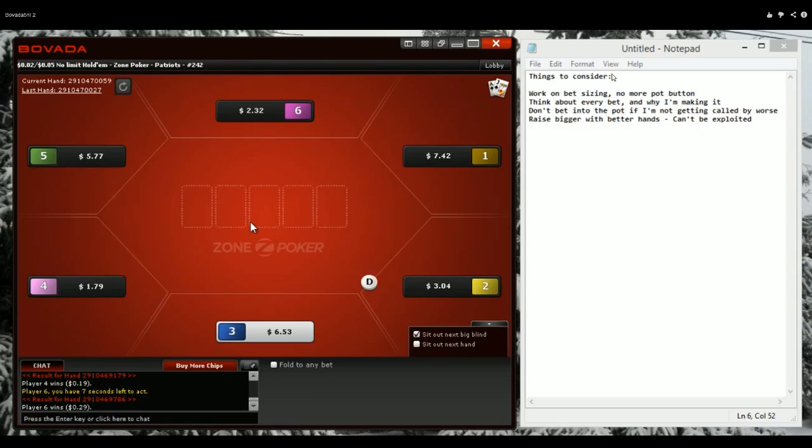Because, okay, and you have that here. Think about every bet and why I'm making it. Think about why you're raising, but then go way deeper into it. You're raising for value, I get that. You're raising for value, hoping he has a king. But you gotta think about it differently. You gotta think in ranges, and that's where